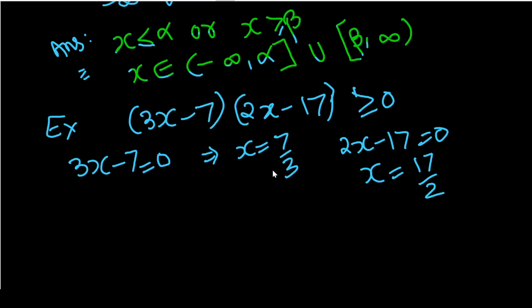Okay, so the smaller value we choose as alpha, the bigger value we will choose as beta, and directly